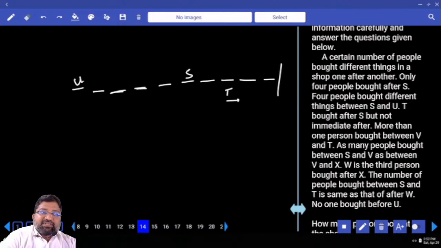Sir, listen to this provision. As many bought between S and V as between V and X. And this fellow V is exactly between X and S. For example, if I put T here, what's the clue? More than one person bought between